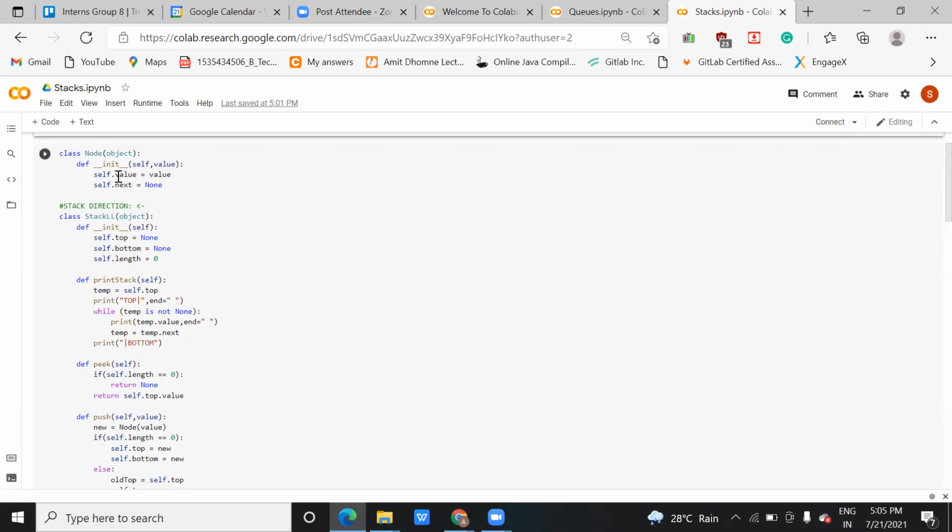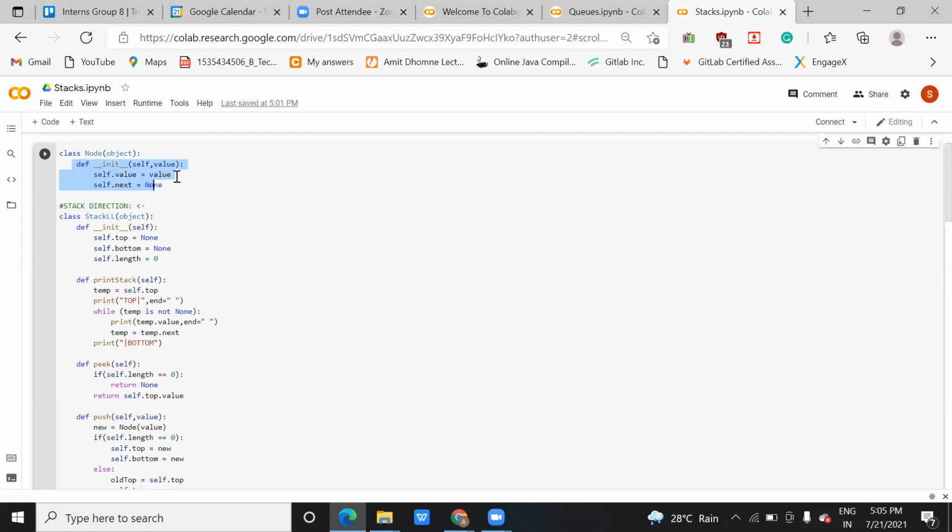So the same thing, self keyword means what here? The self keyword is telling that this value variable belongs to this function, to which you are going to assign a value. Some value you are going to assign to this variable value, and you will refer to this variable with the help of the self keyword. Just like in Java, we use this keyword, right? This keyword means to refer to the object. Same thing here also, you are referring to the object. Similarly, there is one more variable, next, to which you are assigning the value None.